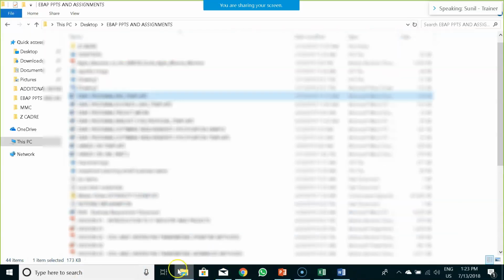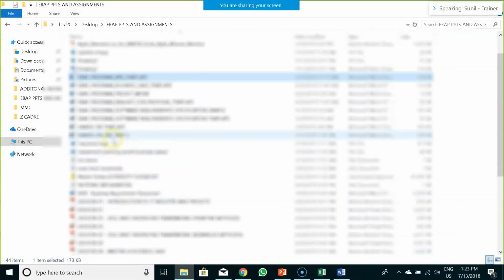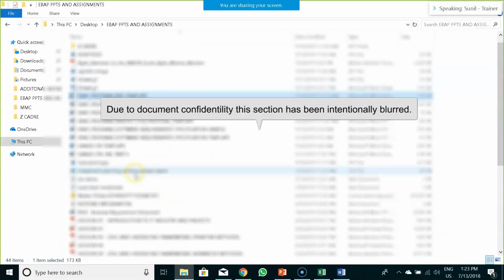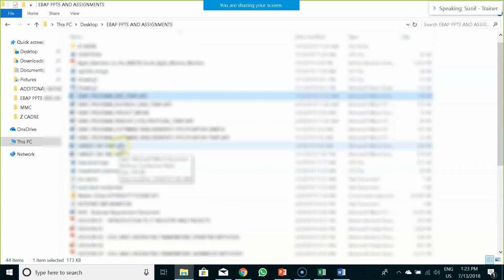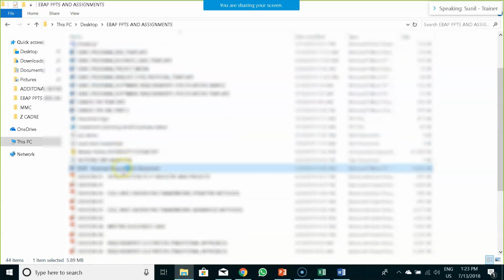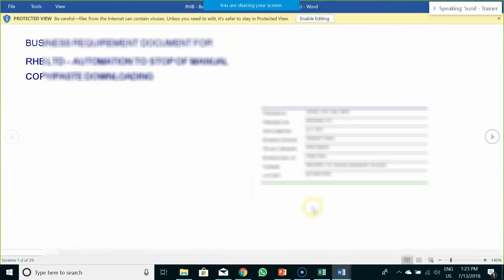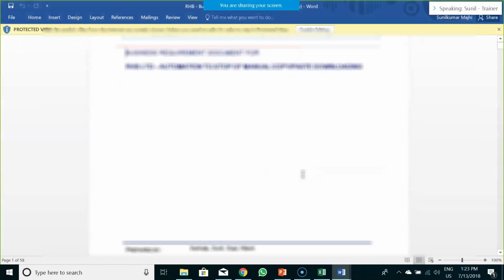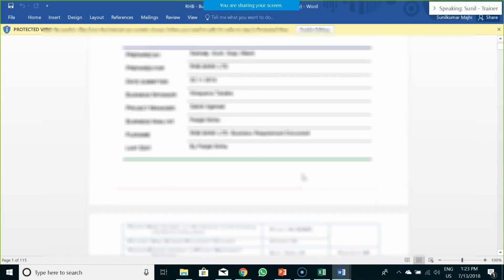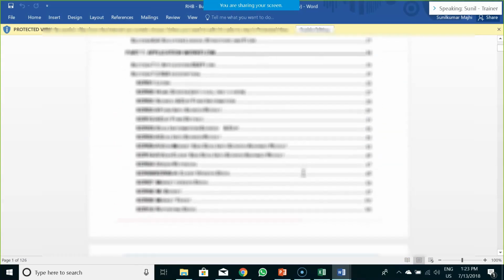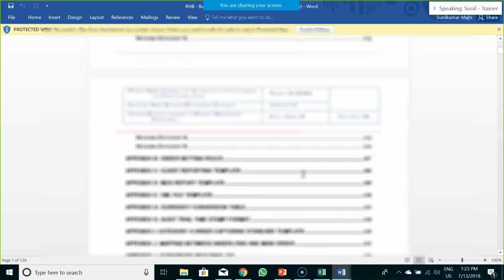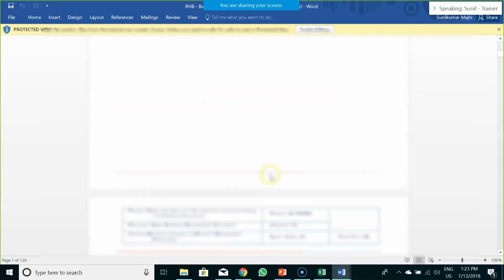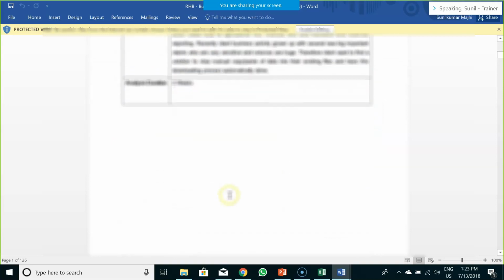After that, how does this particular BRD look? So this is a sample project. This is an actual project business requirement document. Remember, BRDs are always heavyweight documents. They have multiple pages. It's 126 pages, although it's actually more than that; I have cut down some of the sections. This is how it looks.